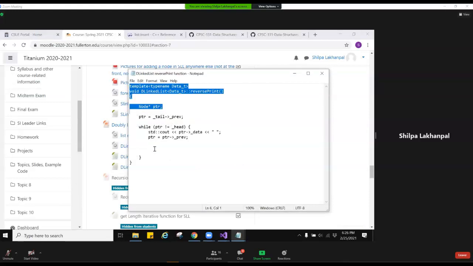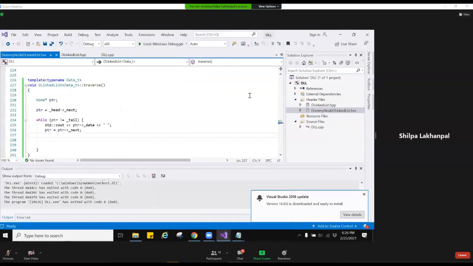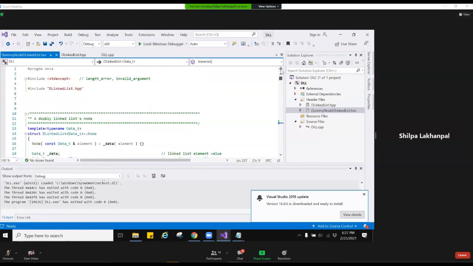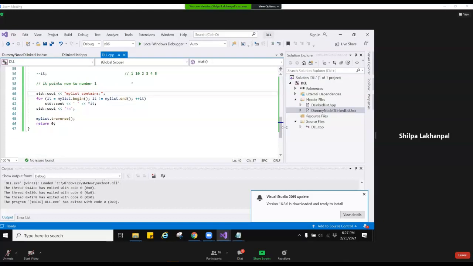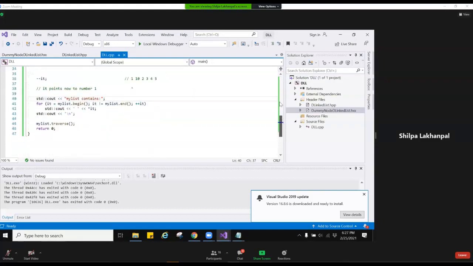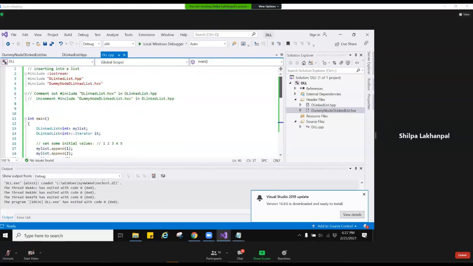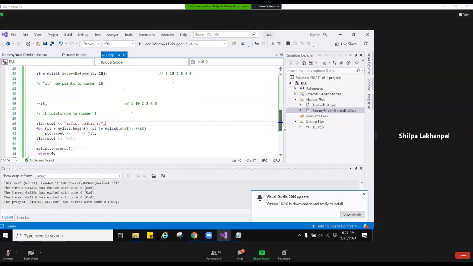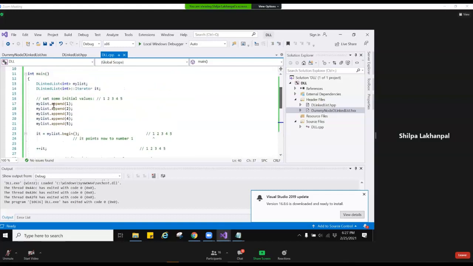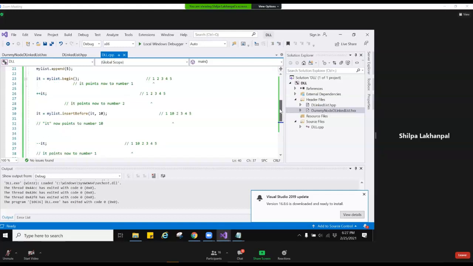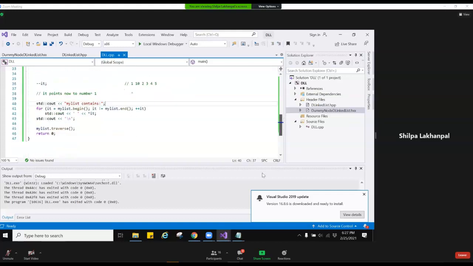Let me actually move it first to the place where, when you are writing this function in the homework, you can write it and test it on this code, the project that you have created, the DLL, by including the relevant libraries and having some CPP that you can take from Titanium or build your own, and test it on your list to check if your function is working correctly. So you can just make any list, you can add, append, or insert anywhere, but know what the list contains and then run the function on it.